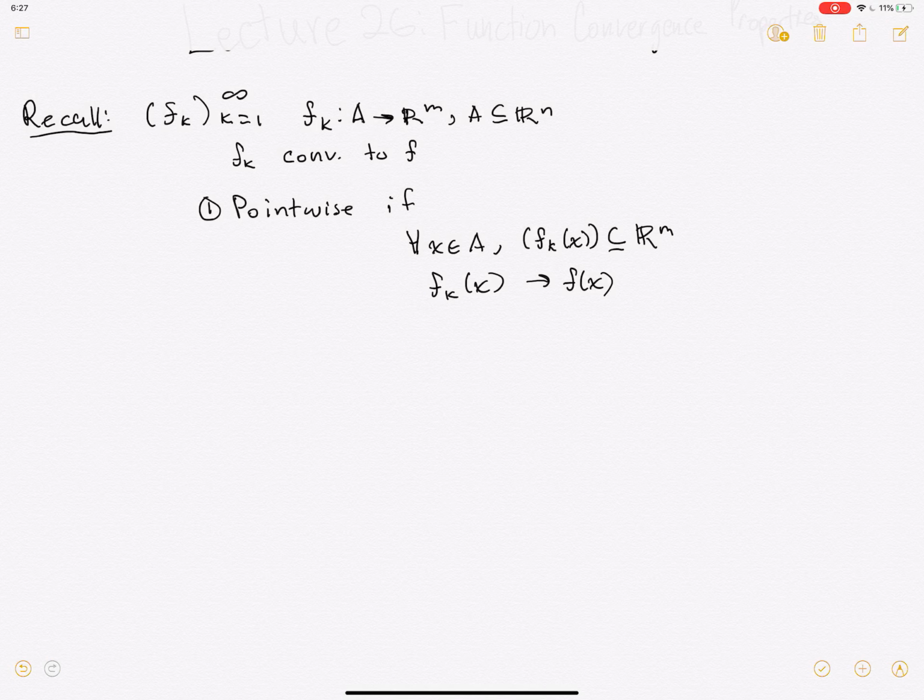So the function converges at every point in the domain,